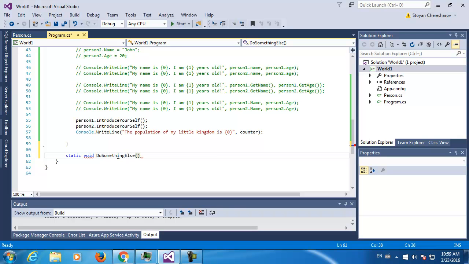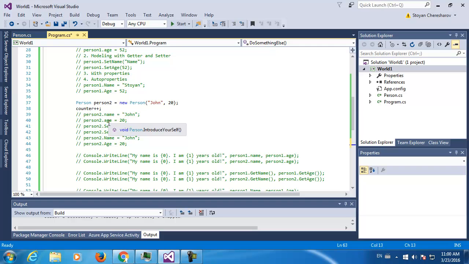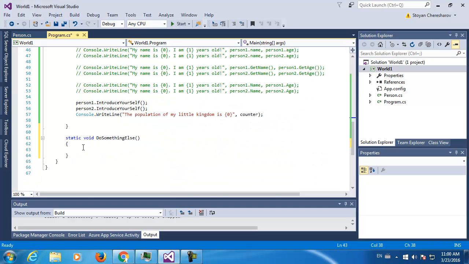Let's say I have a method which I'm going to declare and define, and I'm going to instantiate one more person here in another branch of my program. Let's say I'm going to create again John, but this time with age 25. And even if I call this method somewhere here,